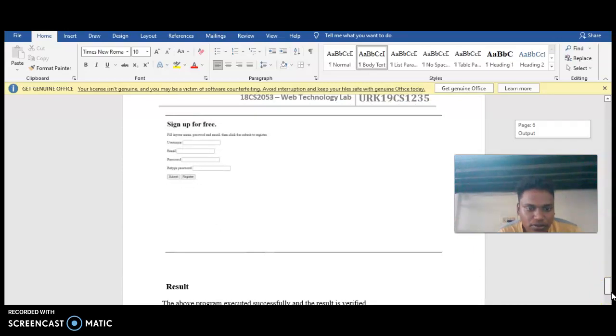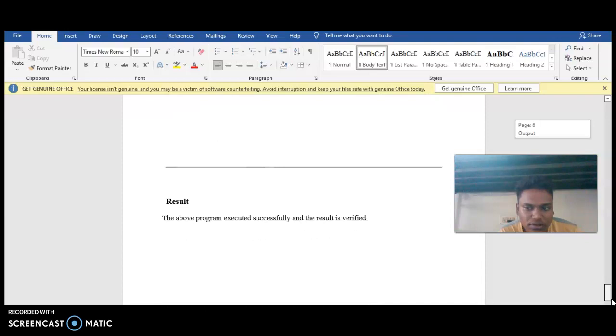Now the output is: sign up for free, user, email, password, type password. Now the result is, the above program is executed. Result is